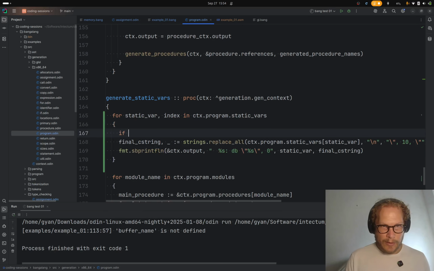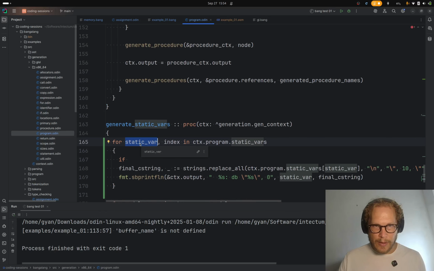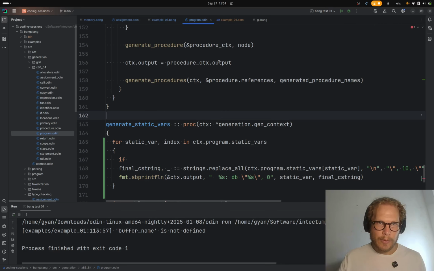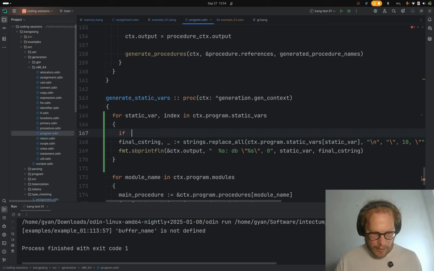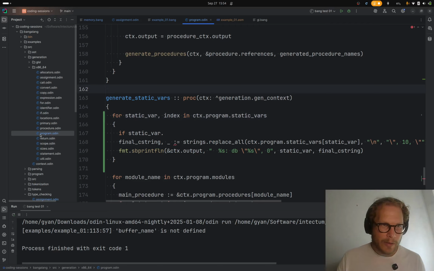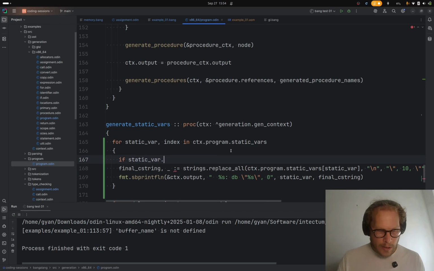So I think the way is to say, if... and what is the static var at the moment? I think we want to make it the assignment node. I don't know if that's what it is. How do I get down there? Static var dot... I don't know what it is right now. It's not letting me jump around. It's a map of string to strings, so I think I want to make that an AST node. So then I can say,